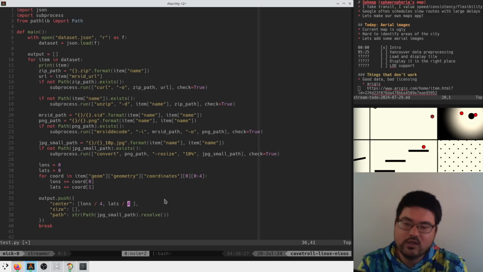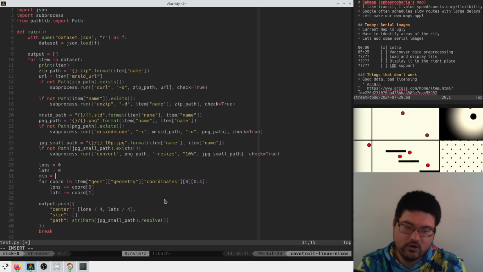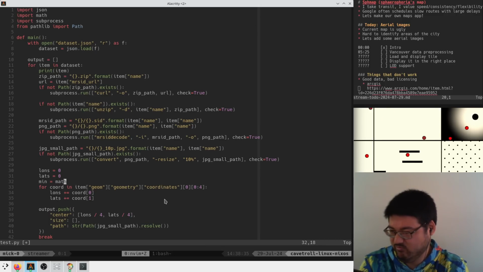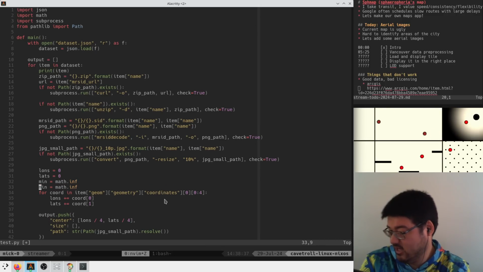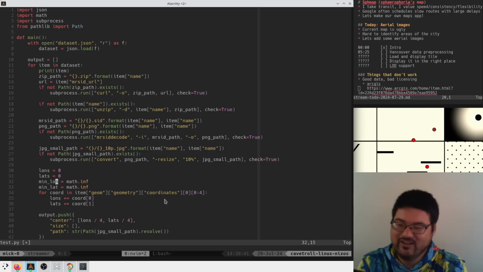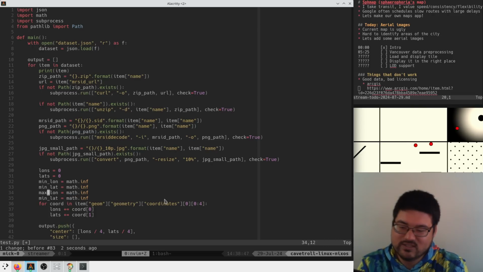Boom. Size is we have to keep the min and max. So is a math dot inf maybe, min lon, min lat, then max lon, max lat get the negative versions,